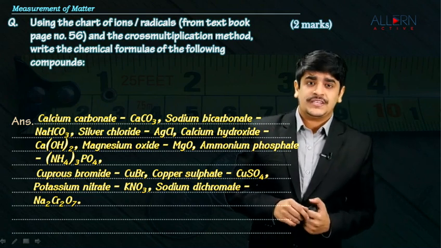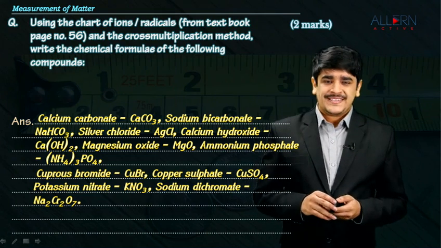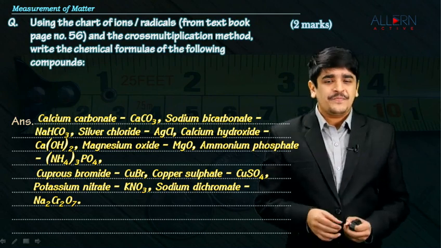Potassium nitrate, K with a charge of 1+, NO3 with a charge of 1-, 1 plus 1 minus cancels, you get KNO3. Sodium dichromate, something that we've discussed in the previous question as well, Na with a charge